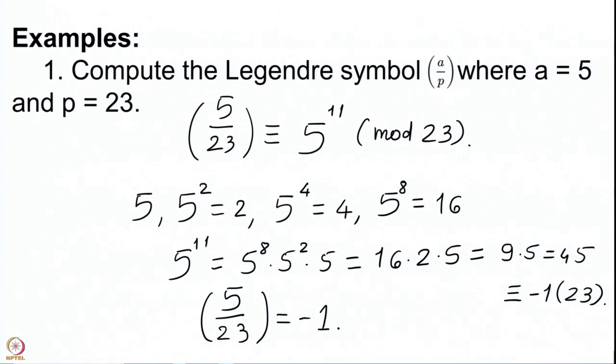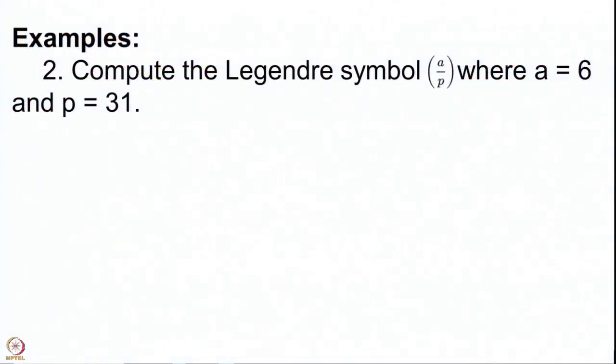So, we do not have to compute the 11 squares modulo 23 and then observe that 5 does not figure in any of those 11 elements in that set, and therefore 5 must be a non-square and hence its Legendre symbol is minus 1. This is the calculation which we avoid by using this formula that the Legendre symbol of A by P is simply a certain power of A modulo P.